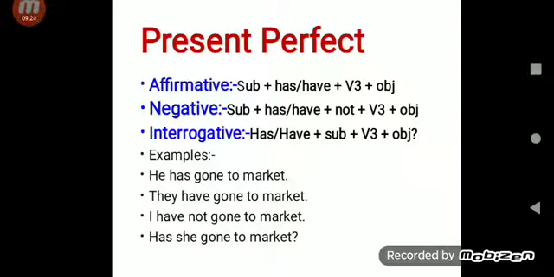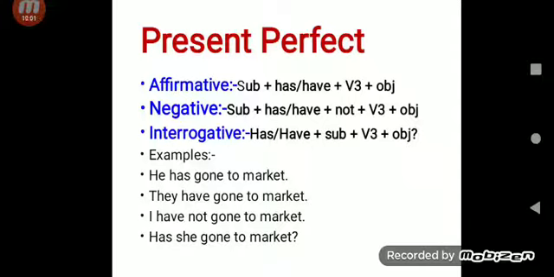object. Then, I have not gone to market. Here, I is a subject, have is the auxiliary verb, then not, then gone is the verb's third form, and to market is the object. Has she gone to market? Has is an auxiliary verb, she is a subject, gone is the verb's third form, and to market is